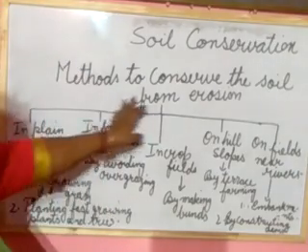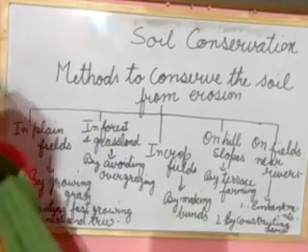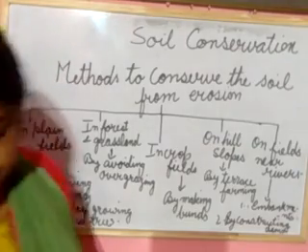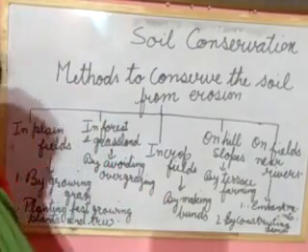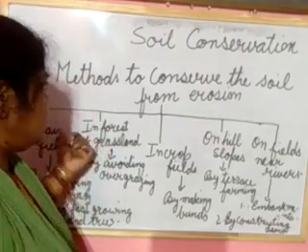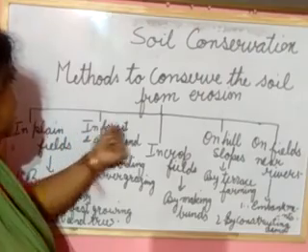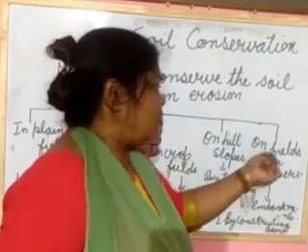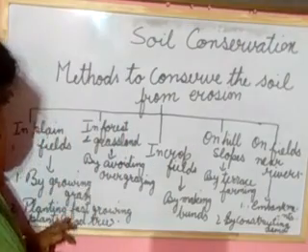Today we have learned about soil conservation. What is soil conservation? Protection of soil from erosion is known as soil conservation. And this soil conservation is divided as shown in the flow chart. To conserve from erosion, it can be the plain field, the forest and grassland, the crop field, the hilly slope, and near a river.